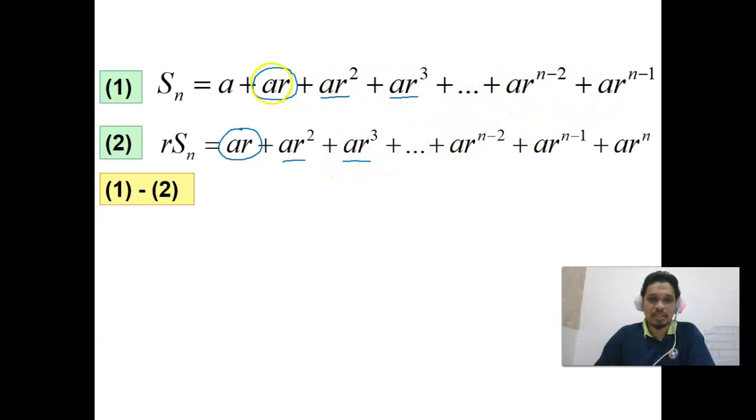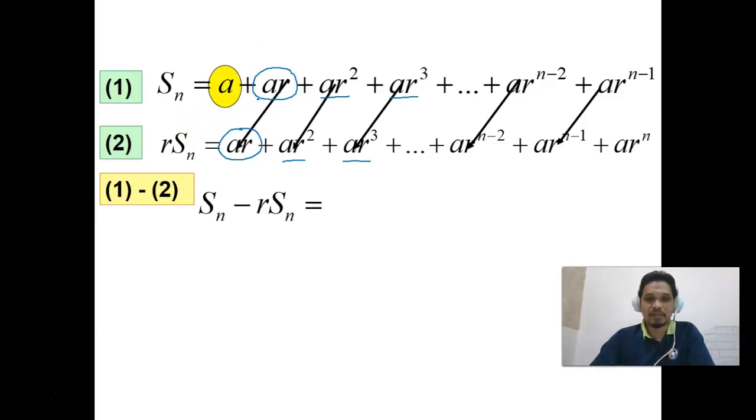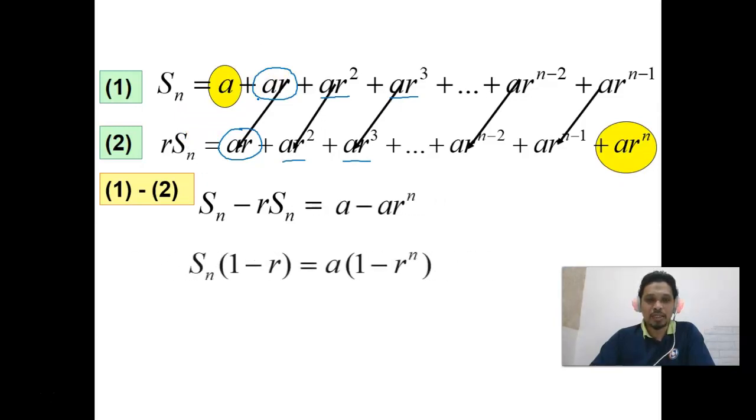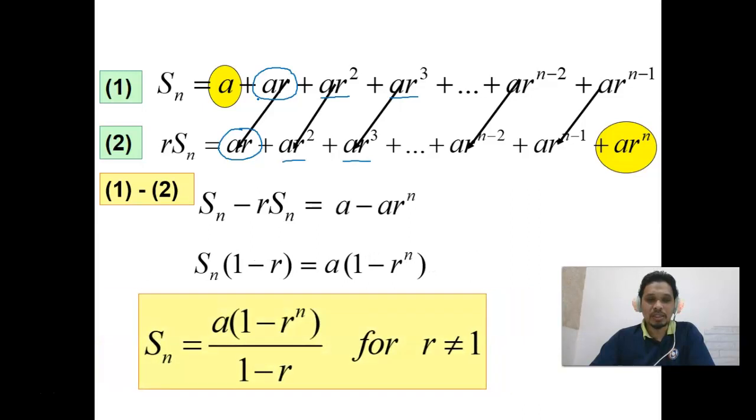You can see that here, cancelling between, we call it the pairing of every single term. And what do we see here right now? There's only two terms left, which is a and also a times r to the power of n. There you go, a and ar to the power of n. So then the summation until n terms equal to a times (1 minus r to the power of n) divided by